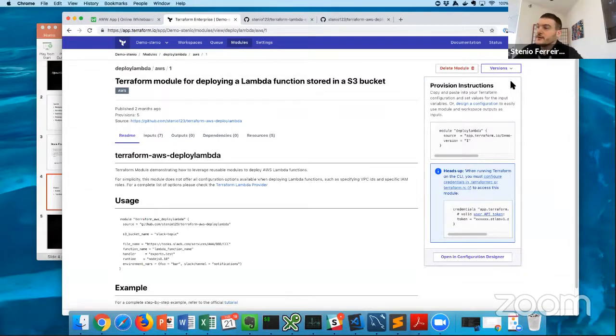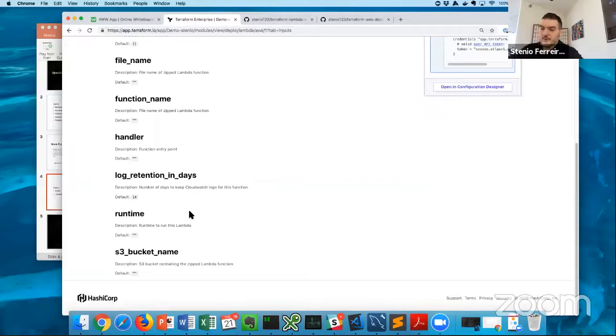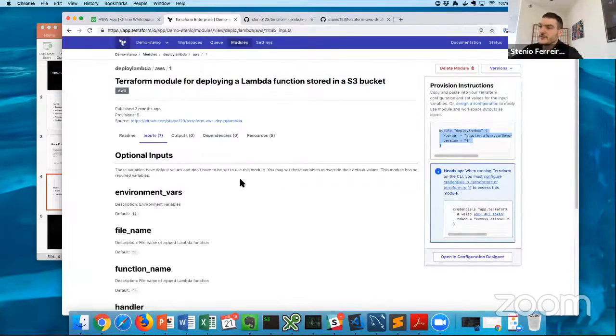So if I'm a developer, I can select which version I want to use, and I just need to copy this little snippet of code in my infrastructure, and that's it. I can leverage what was described here by a Terraform operator. And this lists the inputs that are available. I'm going to talk in a little more detail about this module specifically, but right now I'm just showing